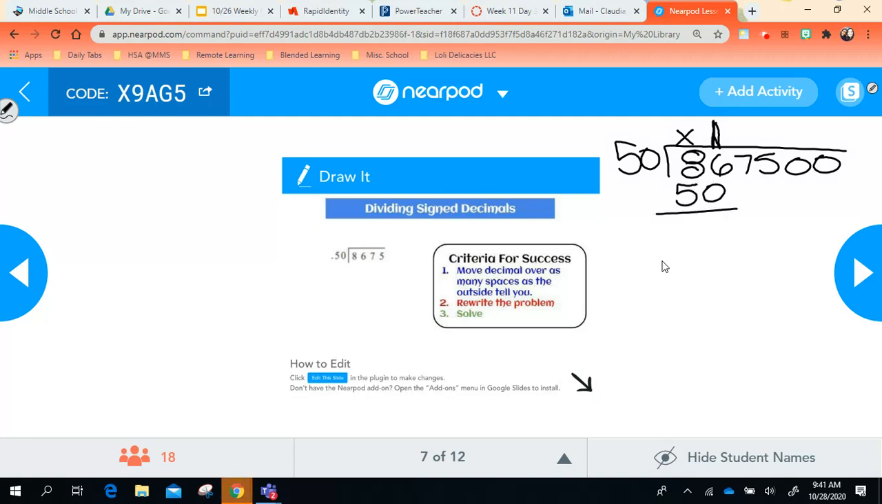So the reason I do this is because if I just jump straight to 50 goes into 86, I'm more likely to put my 1 over the 8. And then what happens is that all my numbers run differently. And if I were to have to put a decimal or something in there, I would end up putting it in the wrong place. Just like we did with the smaller numbers, you want to do it even more with the bigger numbers. So 6 minus 0